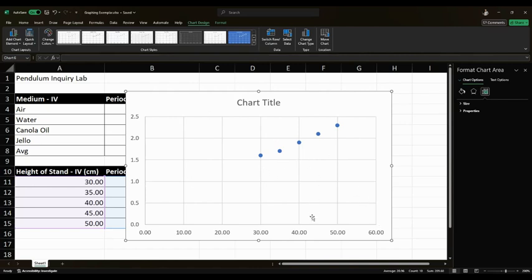Okay, so my thing is nicely aligned. I'm going to change my titles now and make sure that they are very representative. So I want to fully explain what is going on here. So I'm going to say